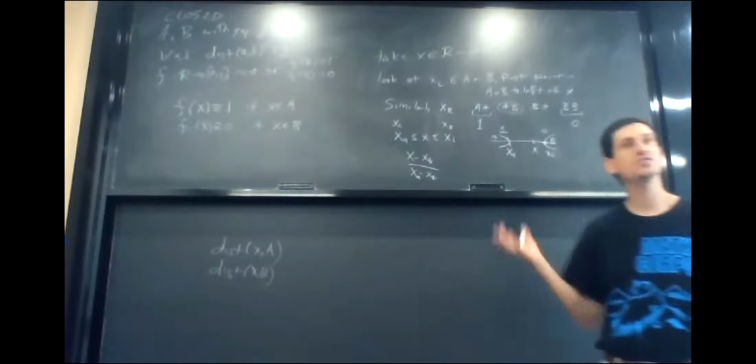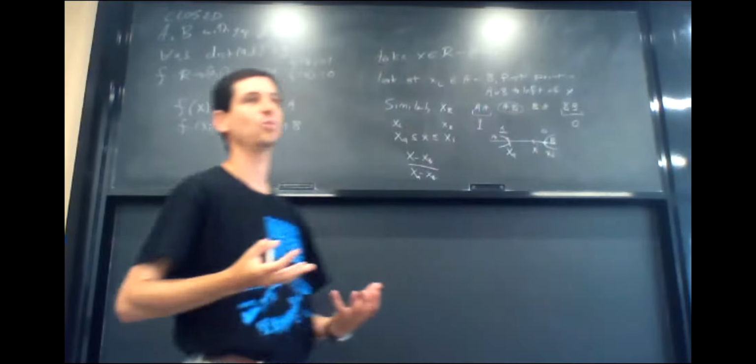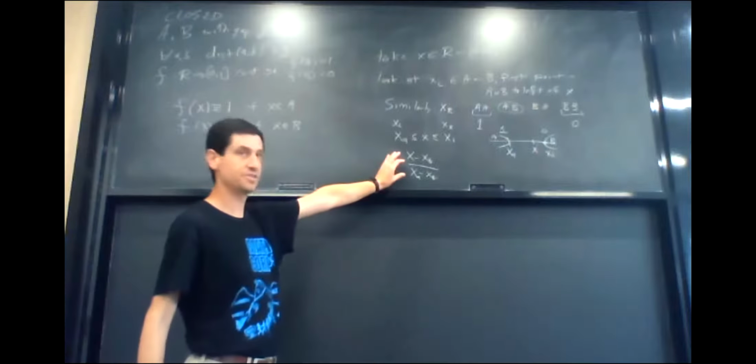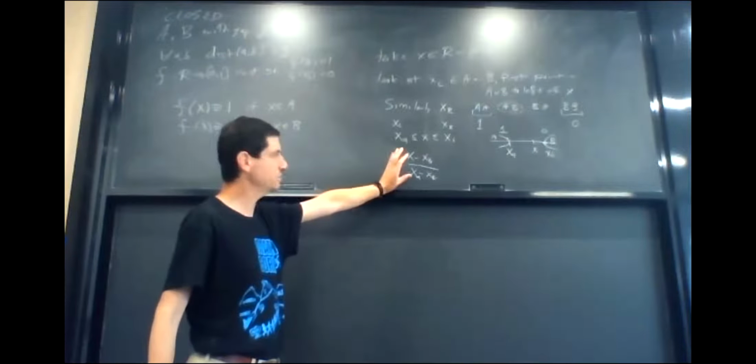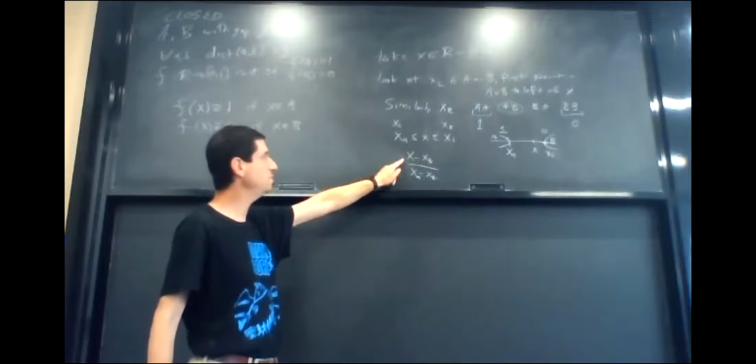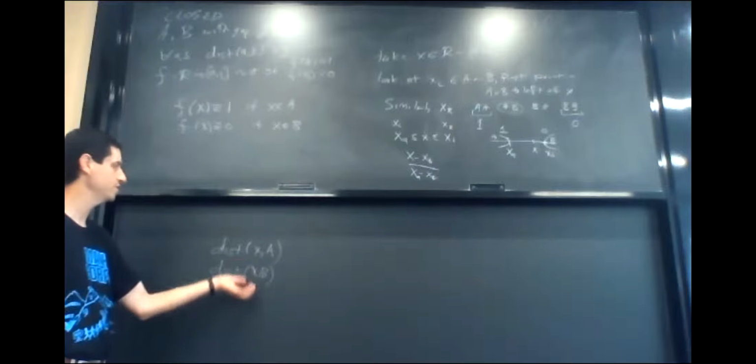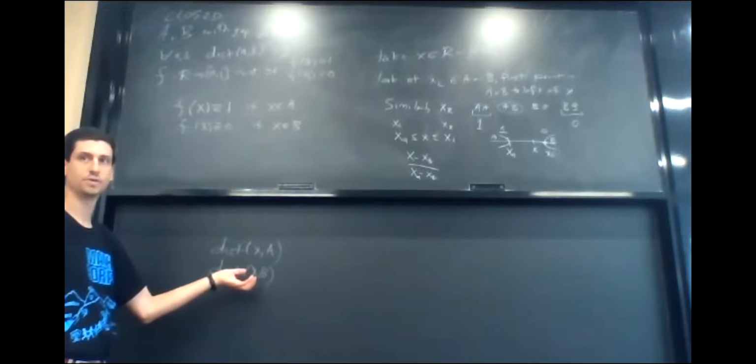But again, this is the whole point of the discussion: I want to talk about high-level ways to look at this. What do you notice about this? We have a really nice structure. We have one place where our x is occurring. We have a couple of other things, but the distance to A and the distance to B are very nice. Maybe some kind of ratio combinations of these could be useful.